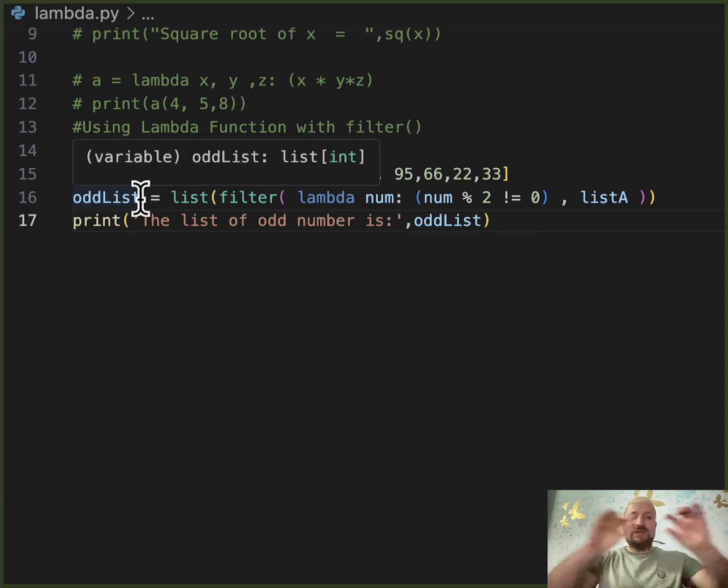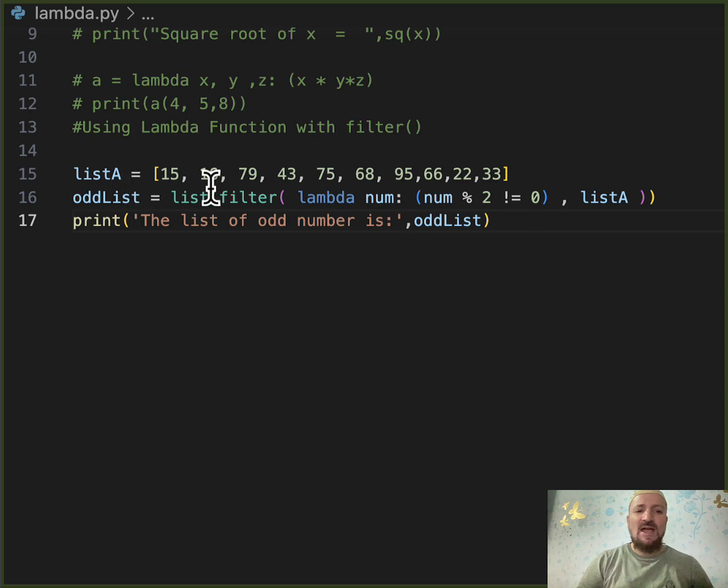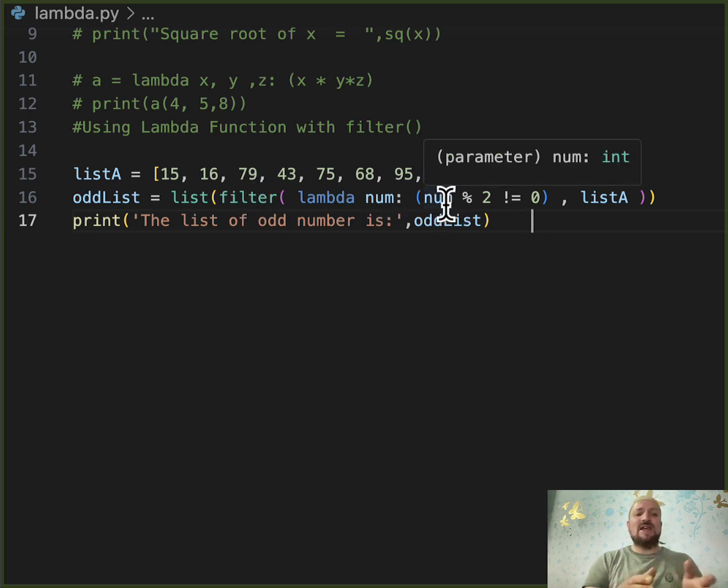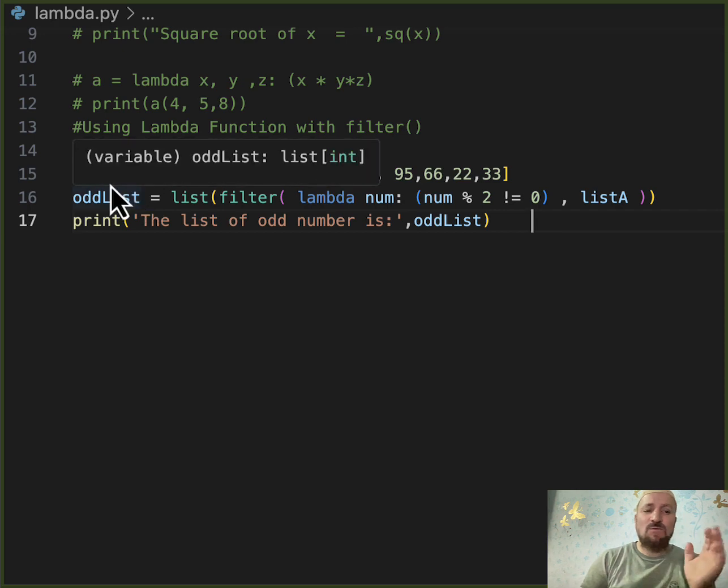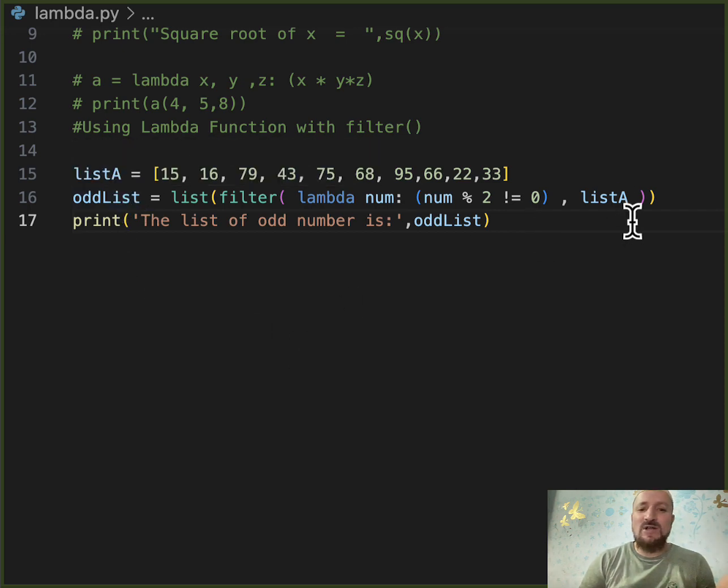So we had one list here, which was list A, having these elements. Now this filter will apply this function to each and every element of list A, whatever list you are talking about, that you have to specify here. Say we may have two lists, list A, list B, then you have to write here list B, list C,